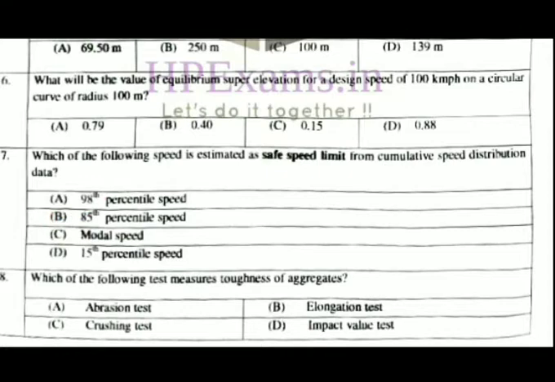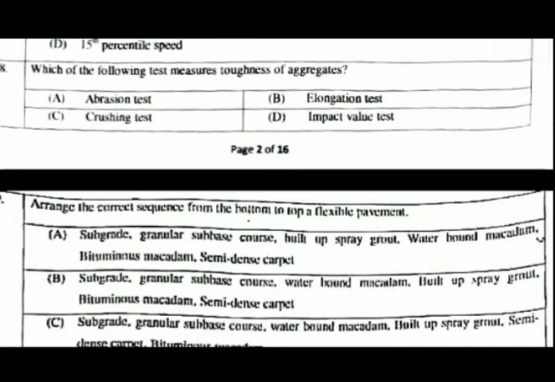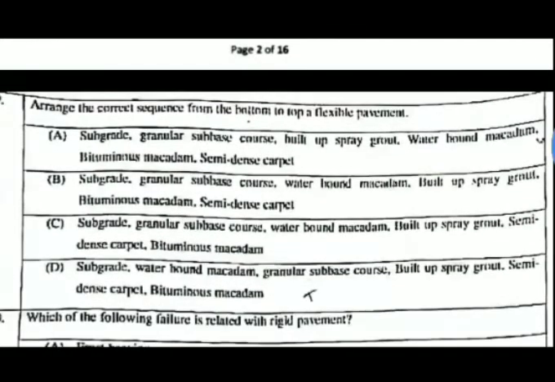Next question is, which of the following tests measures toughness of aggregates? And the right answer is impact value test. Arrange the correct sequence from the bottom to top in a flexible pavement. And the solution is option B, subgrade, granular subbase, coarse waterbound